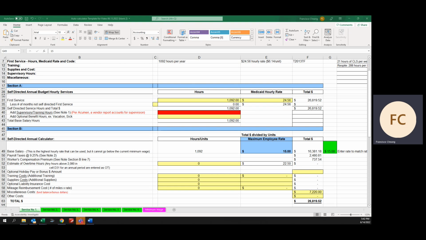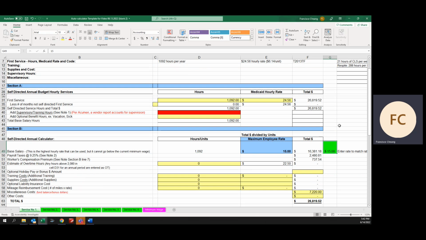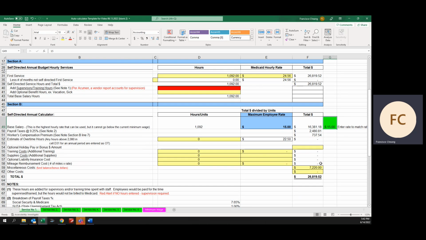Next, we are going to be working on our second service, service number 2, which is respite. So I am going to go back to my ISP, and I have the respite hours entered also in the first page. So before we move on to service number 2, also note, now that we have established our fund balance or an hourly rate,